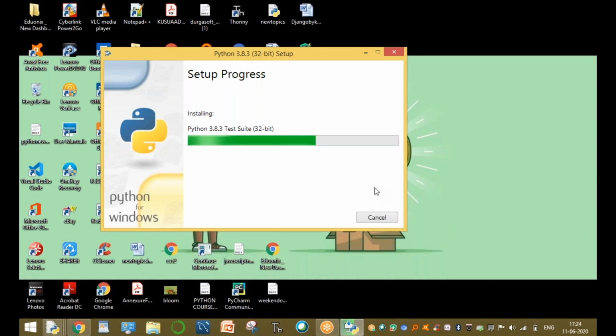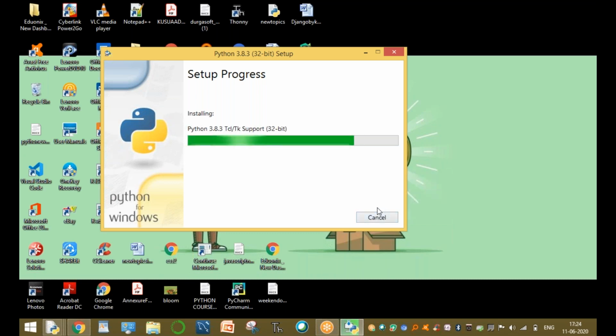Please wait within 2 or 3 minutes maximum. First of all, install Python properly, and then the pip installation is complete. Otherwise, you get errors like pip install is not recognized, pip is not recognized, and so on. All these are errors. Okay, guys, up to here clear, all of you?